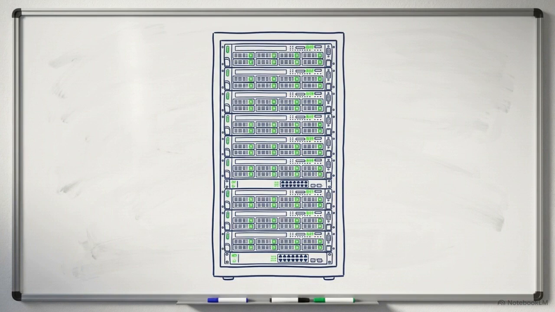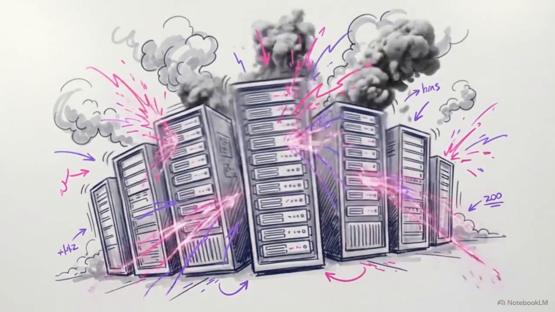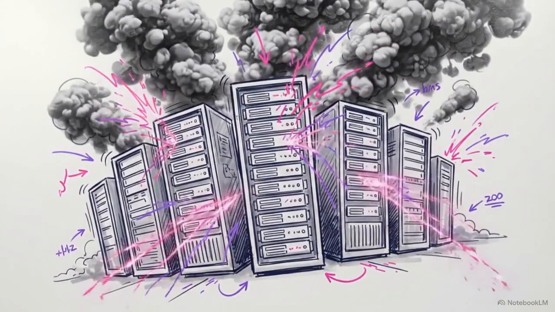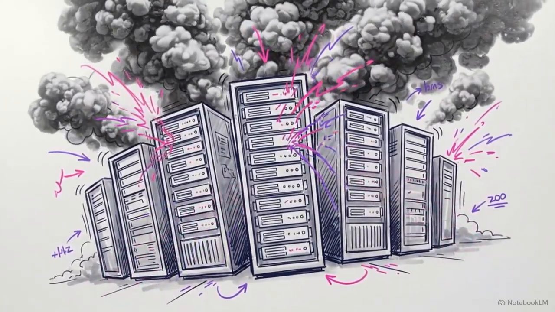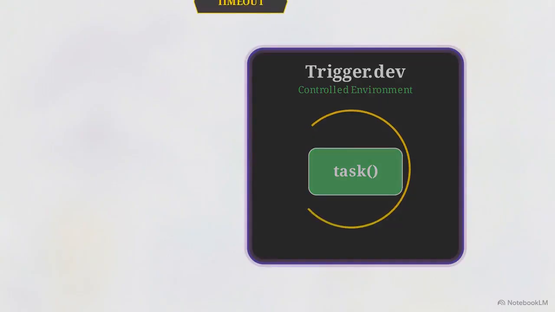Standard request and response frameworks, or basic cron jobs, work well for simple logic, but complex AI workflows and heavy queues can cause these systems to shatter under the weight of timeouts and memory limits. Trigger.dev addresses this by acting as a dedicated platform for durable background tasks, providing a controlled environment where long-running code